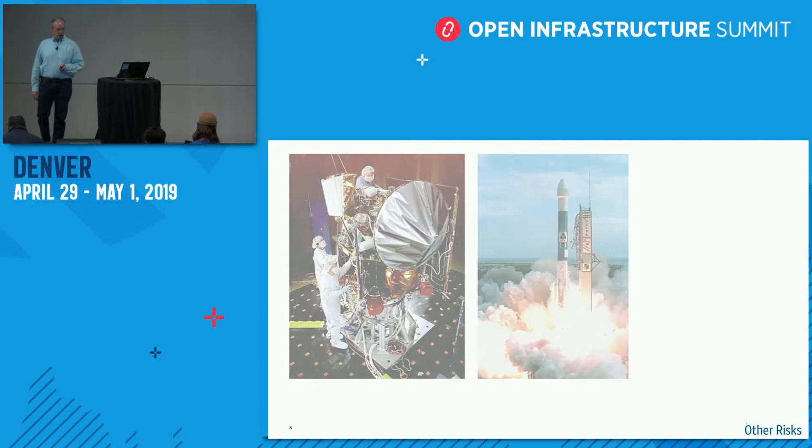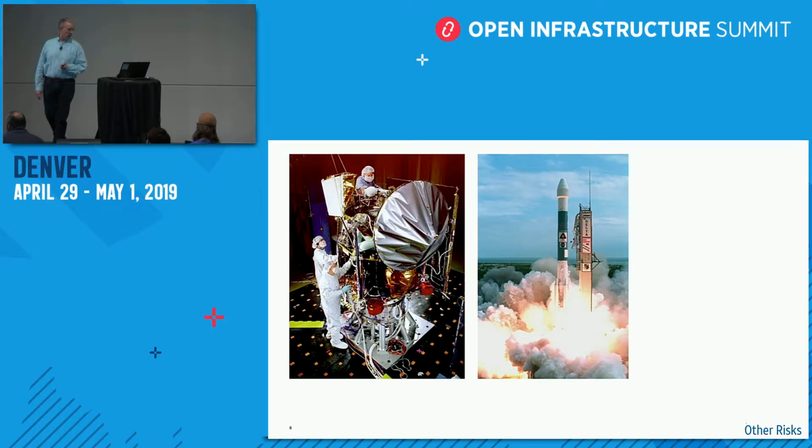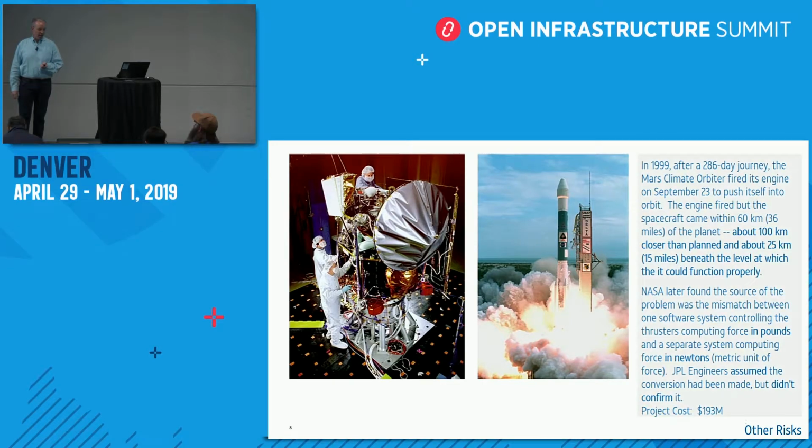What are some other risks? This was the Mars lander, the Mars Climate Orbiter from the late 90s, like 98, 99. And after a 286-day journey, they got to within 60 kilometers of the planet Mars. They were going to observe and take samples of the topography for environmental reasons, to look at the climate on Mars. But they ended up being about 100 kilometers closer than they had planned. And NASA,